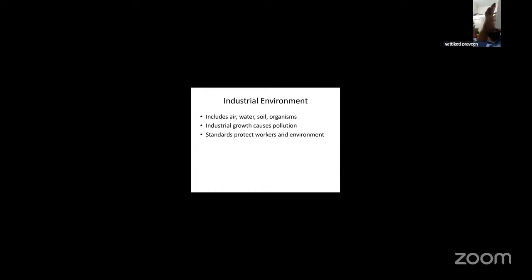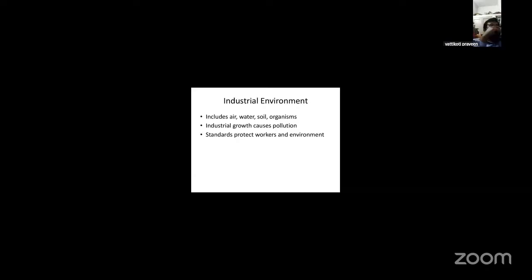The industrial activities interact with the components, influencing the ecosystem and human health. Industrial growth and causes of pollution. Rapid industrial growth can lead to air pollution like smoke, particulate matter, or toxic gases. Water pollution, like discharge of untreated industrial water into the environment. Soil pollution, dumping hazardous waste into the environment. Noise pollution from machinery and transport mechanisms.